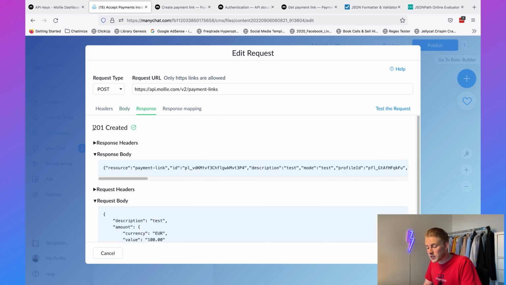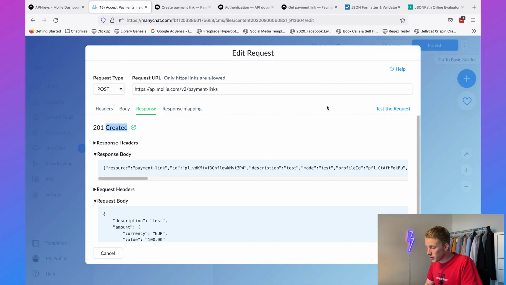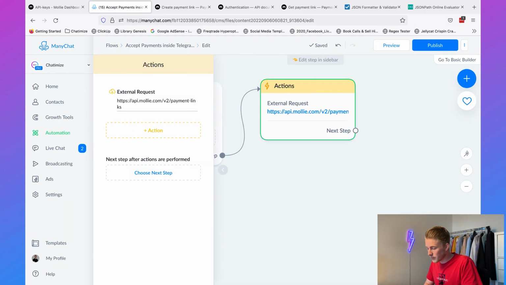And then you will see that it is created. So we created the request, we created the payment link. But what we now want to get from Mollie is the payment link itself. We only made the request. Mollie says, okay, here's the information, but it is inside JSON, so we cannot do anything with this information in ManyChat yet. So what we basically need to do is get that information from JSON and insert it in custom fields in ManyChat. So we're going to click on save now,